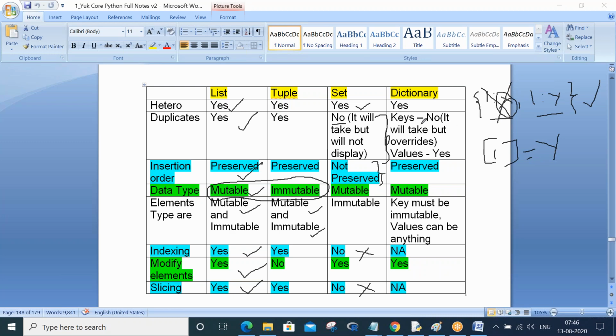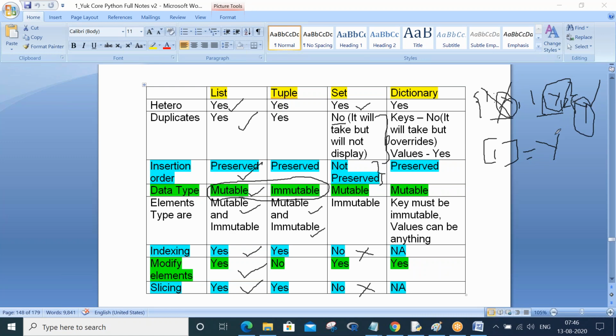So for keys, the concept is no duplicates, but actually it won't give any error. It will take but overwrites. That is the point you have to understand. Values, you can give duplicates n number of times. The same, 2 colon y also you can give. Y I already gave for key 1, but yes, you can give for 2 also, not an issue.